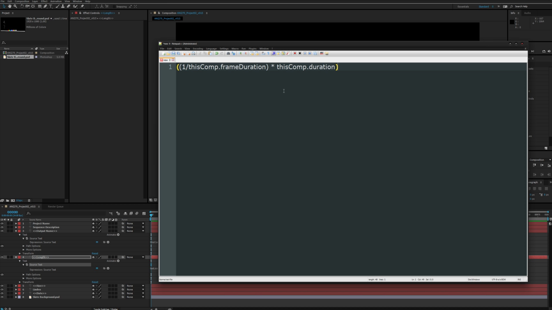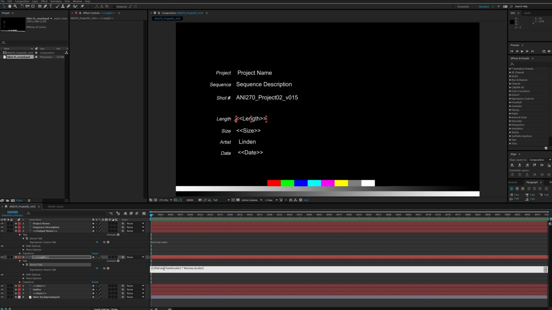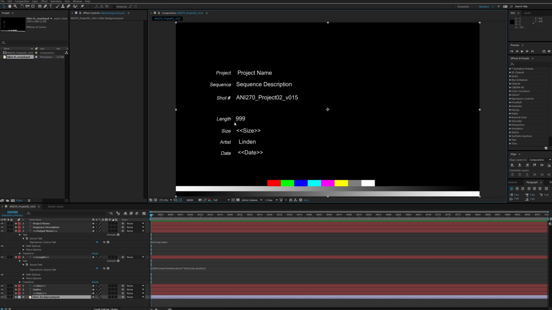And just to show you what that does just by itself, let's paste this in. You can see that returns how many frames are in the entire composition. And that's pretty useful, but generally we don't include the slate with the shot length. So what we need to do is subtract one from that, and then we need to actually add on